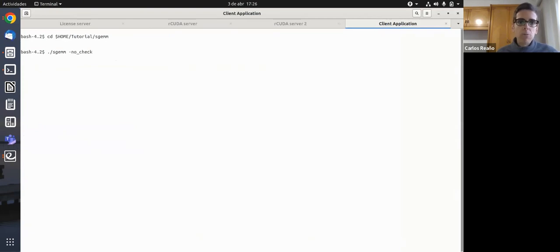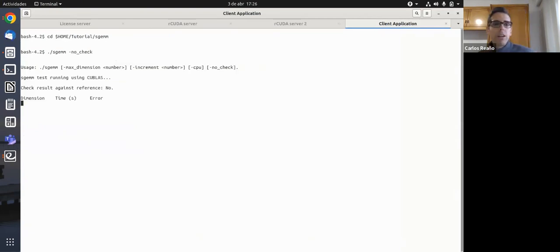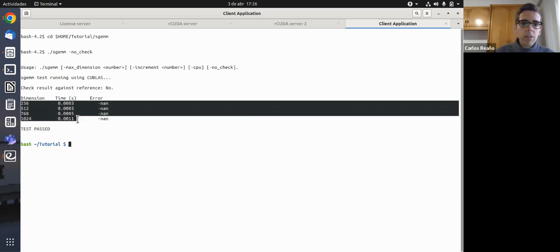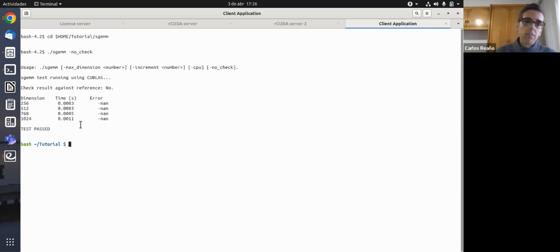It's just a matrix multiplication test, okay? And we have here this amount of time for different dimensions. We don't want a very time-consuming test, in order to make this live demonstration more dynamic. So we see here different dimensions for the matrix multiplication and different times.